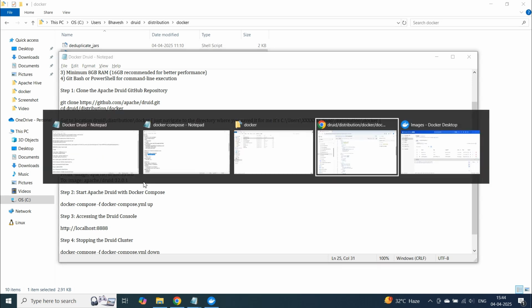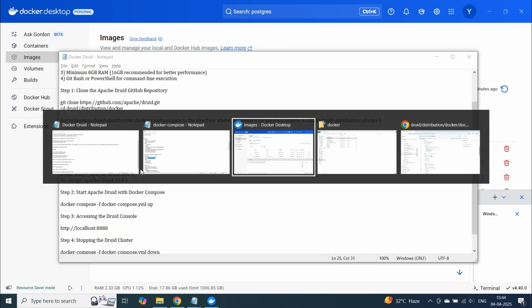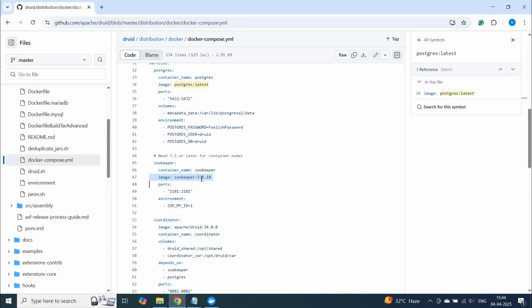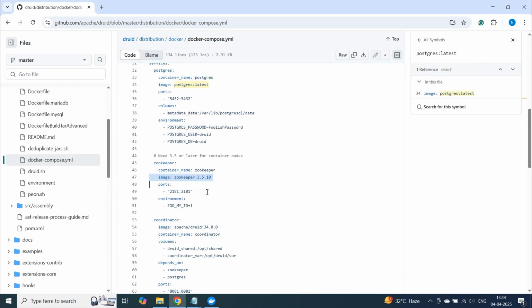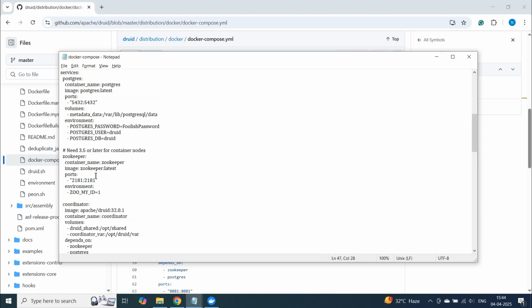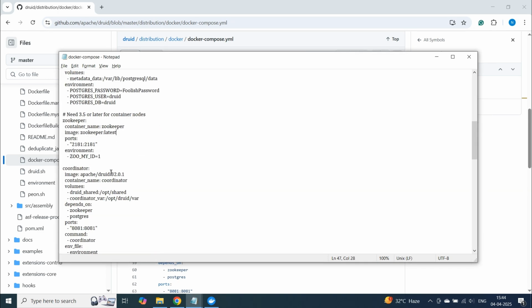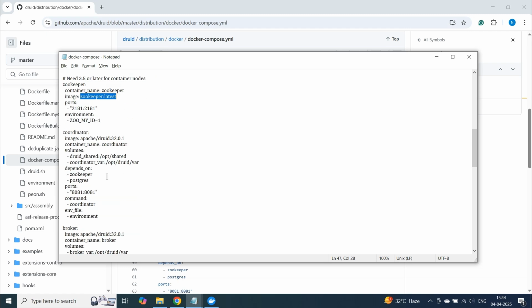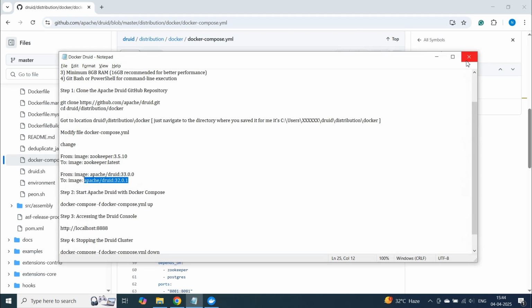Let's see the changes. Here you can see from Zookeeper 3.5.10, we are making it latest, and Apache Druid 33 or 34 version to 32.0.1. So the necessary changes we have made are over here, over here, over here, over here, and over here. Because we are using Apache Druid 32.0.1,